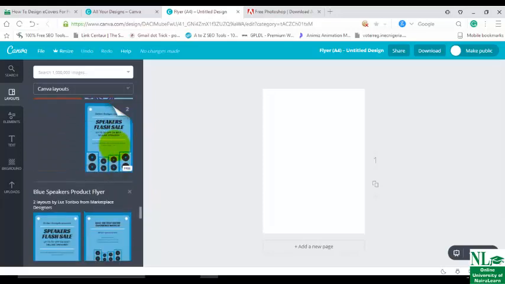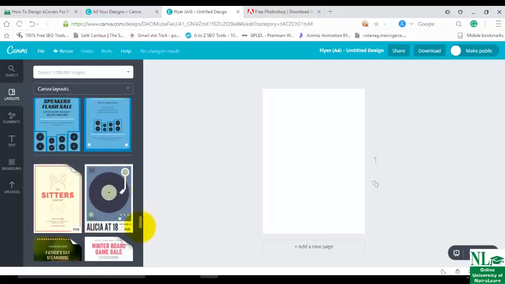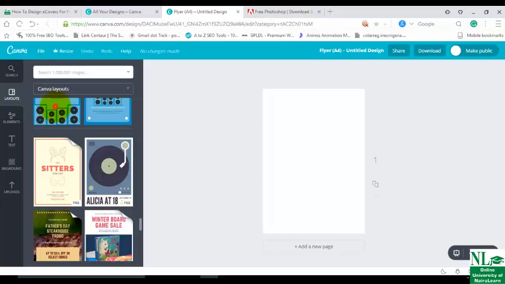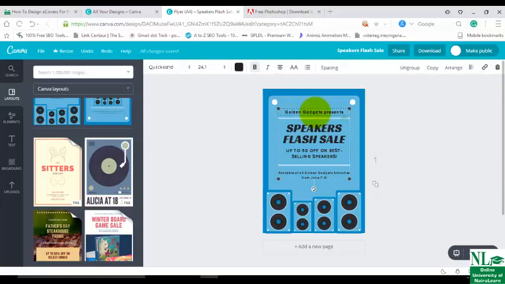So let me click on this. Then I scroll down. Pick any one. Then you have to wait for it, as you can see now, it's up. So on your own, you can play with Canva. Just find time to play with Canva, navigate around the interface in order to understand Canva more. Once your template is up, all you need to do is start editing the text.